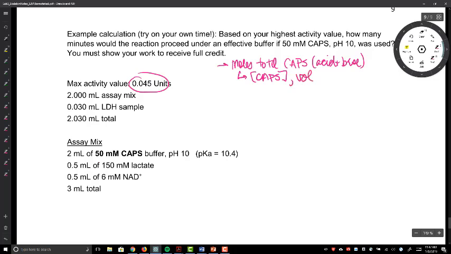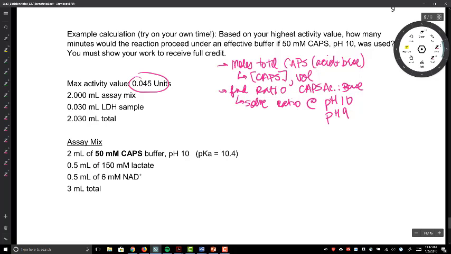Okay, then once we know the moles of total CAPS, we can find the ratio of CAPS acid to CAPS base. And then we can solve for the ratio at pH 10, which is where we start, and then at pH 9,